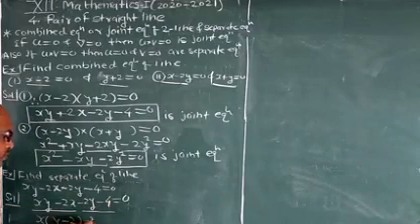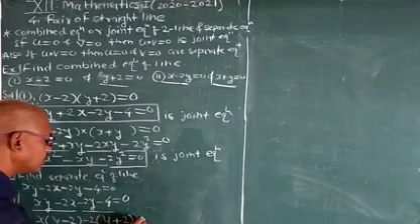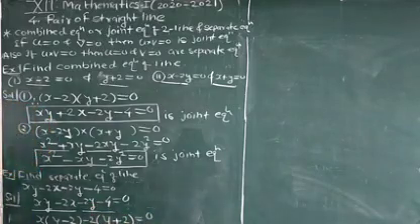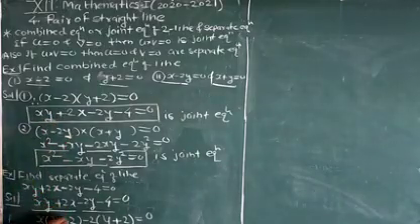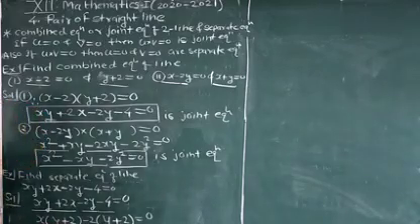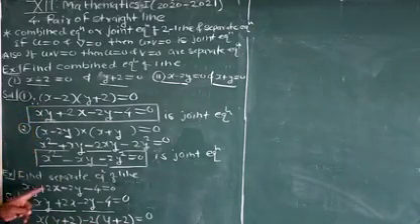We take minus 2 outside, so inside the bracket it is y plus 2, equal to 0. It should be plus 2x here, so the sign is plus: y plus 2. Taking this y plus 2 common, the remaining is x minus 2, equal to 0. This is the separate equation form.